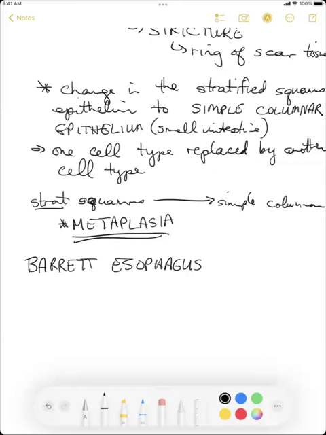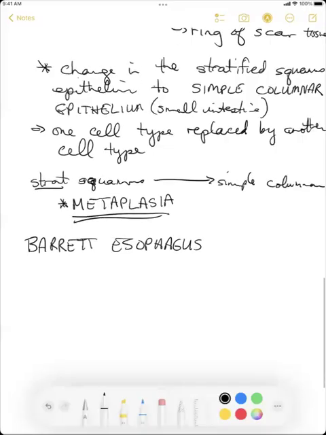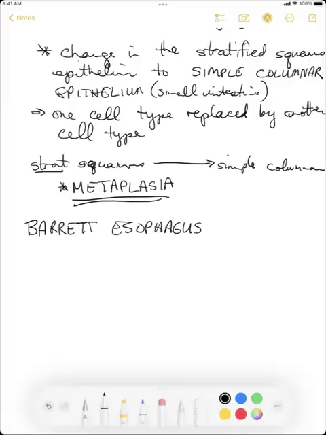The problem with Barrett esophagus is that because there is a change in the type of cell, this means that there's some sort of a mutation in the cells of the esophagus that cause them to change to another cell type. And anytime that there's mutations, there are risk factors. It is a risk factor for cancer. And metaplastic changes are generally a risk factor for cancer. And that is true of Barrett esophagus. This is a risk factor for cancer.